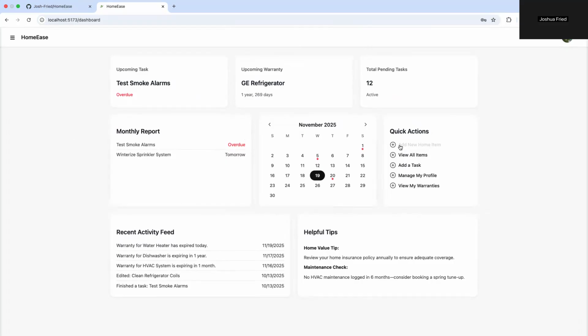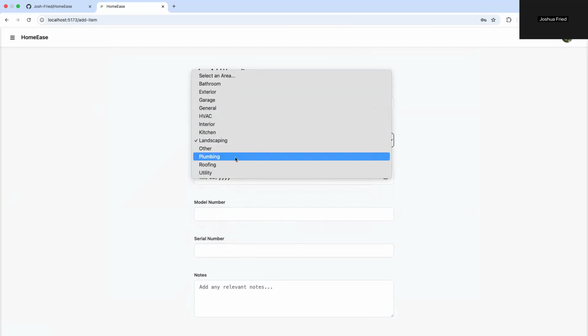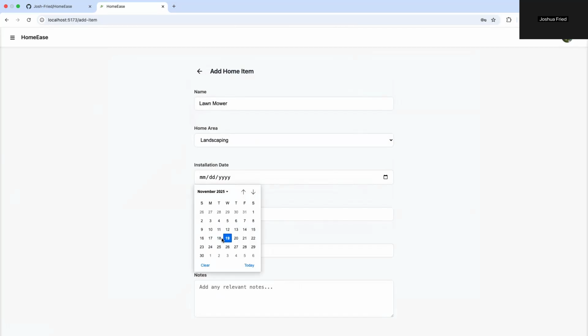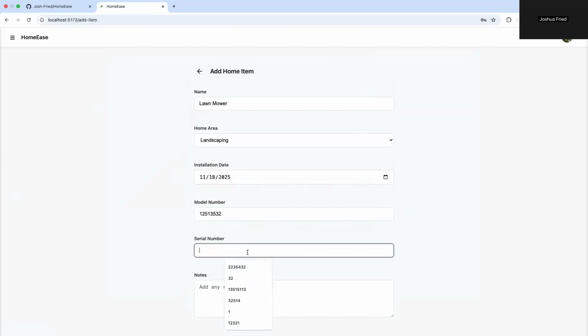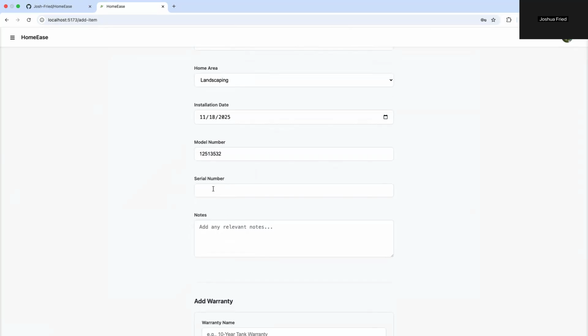And I think we will start by trying to add a new item. So we go here, takes us to this page to add an item. We're going to add a lawn mower. That would be landscaping, but there's a lot of options to pick from. Installation date, we got it yesterday. The model number and the serial number, if they existed. But just for an example, actually, I'm going to leave this blank to show that